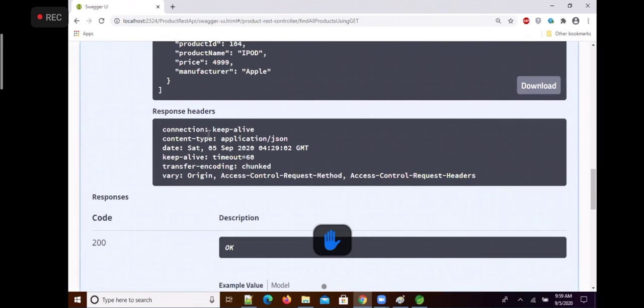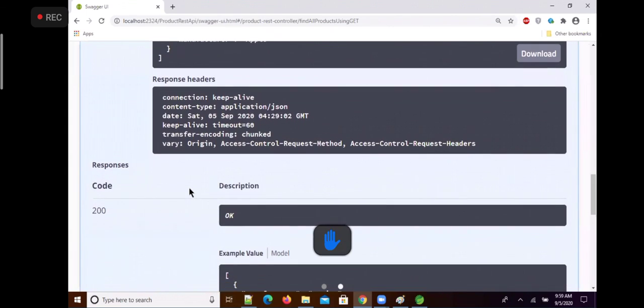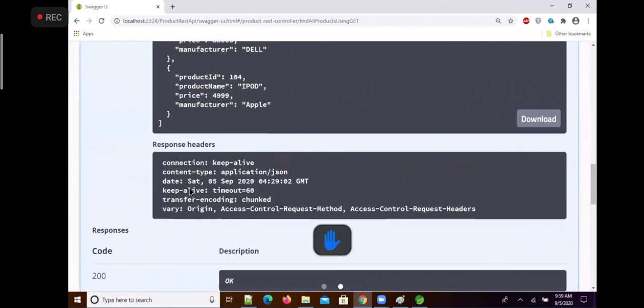And these are the headers sent in the response, the default headers: connection, content type, date, keep alive, transfer encoding, vary.